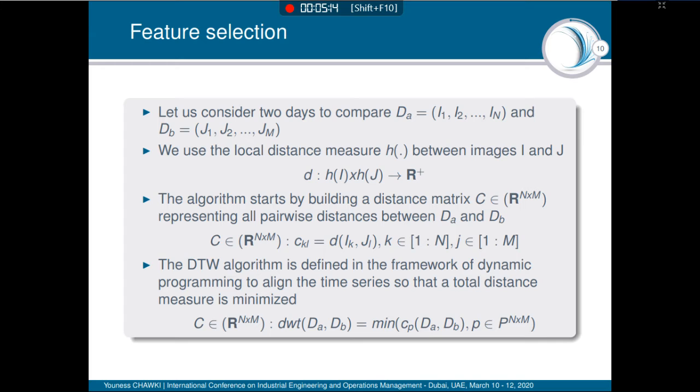We use the local distance measured here between image E and G. The algorithm first starts by building a distance matrix C, representing all the pairwise distances between dA and dB. Then, the DTW algorithm is defined in the framework of dynamic programming to align the time series so that a total distance measure is minimized. So we have to minimize this.